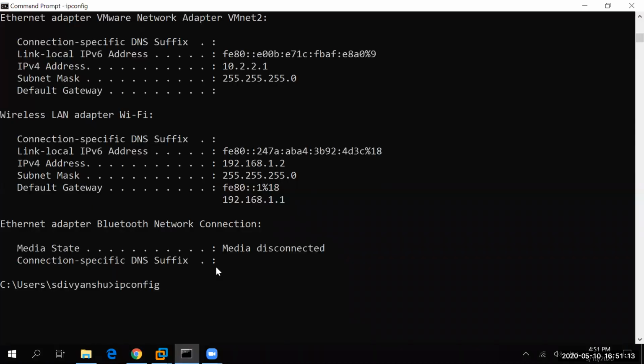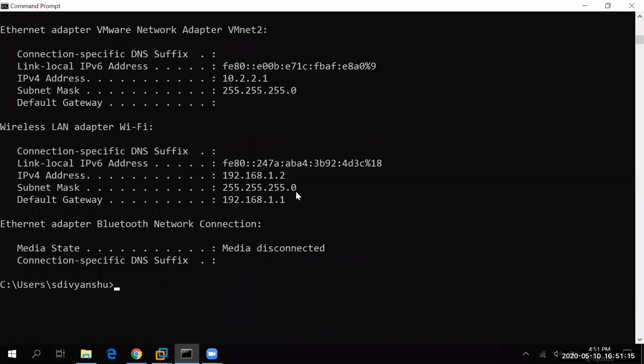If I type ipconfig here, I'm able to see this is my gateway and this is the subnet mask. So here I need to assign the IP of my management interface from this subnet only, and I need to mention the WAN interface IP or the outside interface IP also from this subnet only.